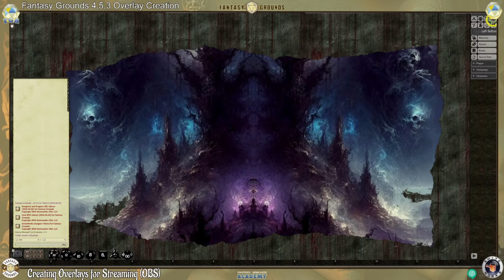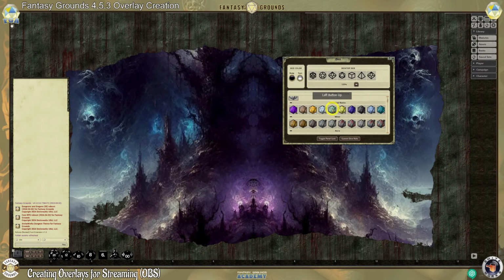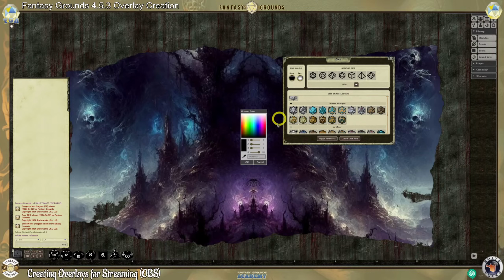So for the dice, for instance, this whole show is about making your stream look halfway decent instead of just thrown together. It does take a little time, but once you get used to it, it's not bad. So for the body color, I'm going to use the eyedropper and go around these colors here and see if I want any of these. So maybe,